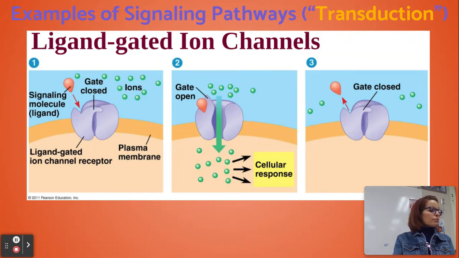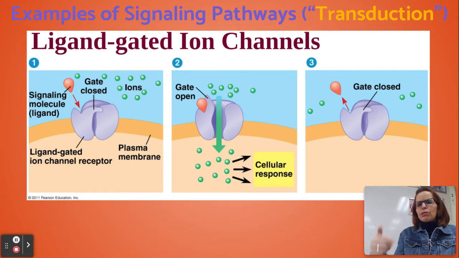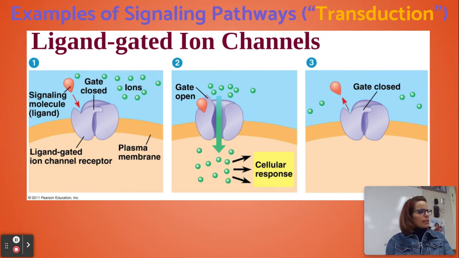So other examples of transduction, this is a ligand-gated ion channel. So there's the guitar pick, there's the ligand, and notice that there's a flap on the protein that is closed right now, and it's not allowing the ions into the cell. But once that ligand is present, it alters the shape of the protein. It's not that it's a gate that opens and closes, it's just that the protein changes shape and now it's in an open conformation, and now those ions can come through. And at any time that that ligand leaves, then the shape closes up again. And so the ions can't get through.